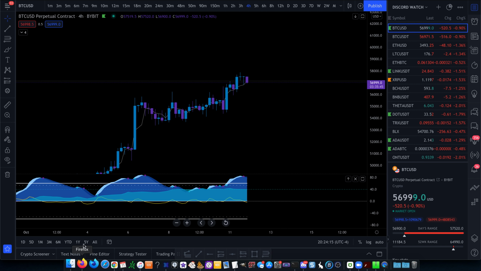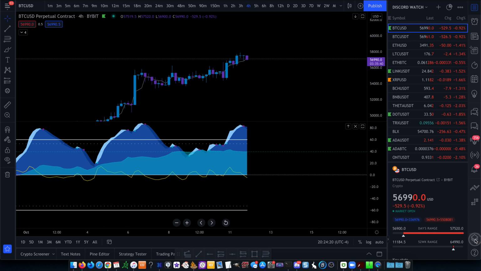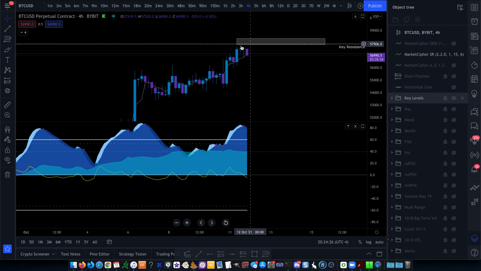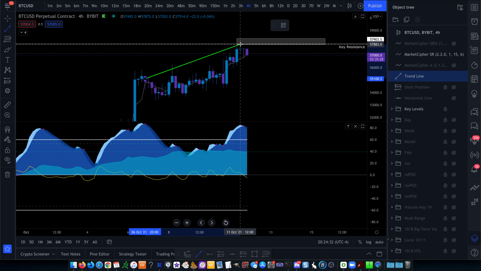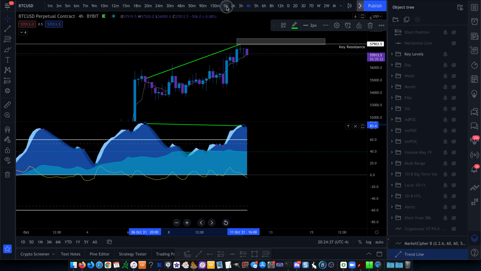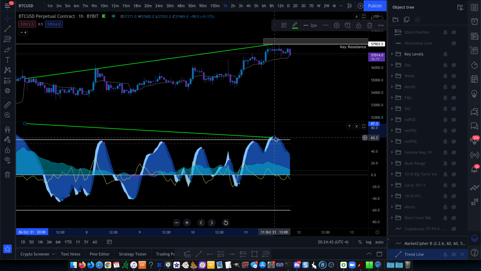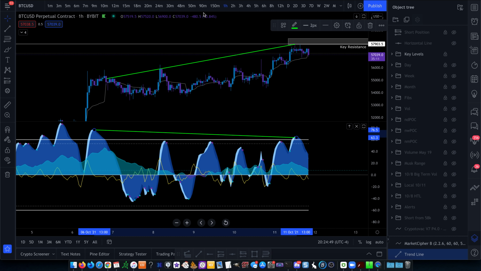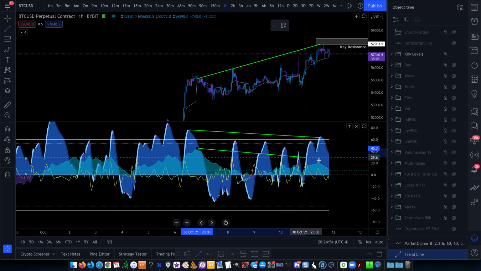Okay, so then when we come over to our Bitcoin chart, we can see on Market Cipher B that as we get to the exact level that I wanted to short, which was up here, this key resistance, this white box right here, we do indeed have a bearish divergence on Market Cipher B as we hit into that level, where momentum is making a lower high while price is making a higher high. We come down to the 1 hour time frame. We can also see that momentum is making a lower high as price is making a higher high. Not only that, but even if we go to the 2 hour time frame, we can see it on the 1 hour time frame as well, that over time money flow is coming down